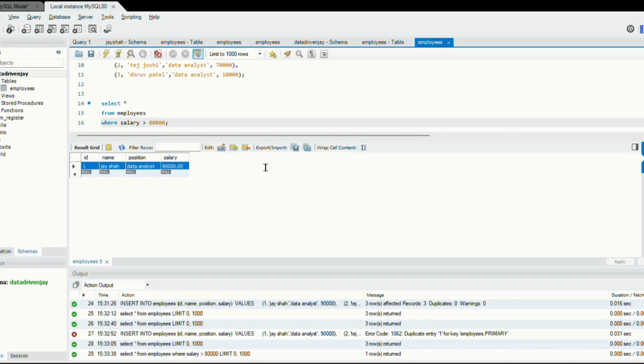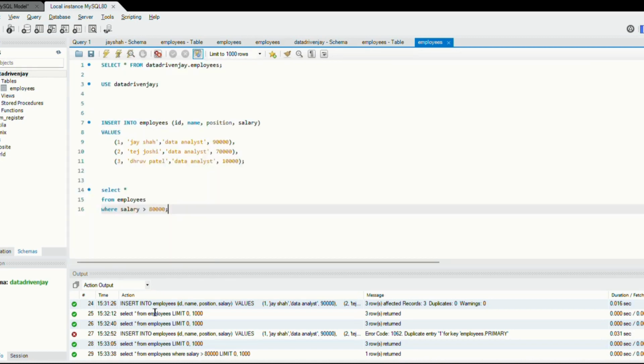Sorting data is crucial for analyzing. The ORDER BY clause helps us to sort the result. Let's sort employee by salary in descending order. So for that, first of all I close this. Now select from employee. Then here we can add